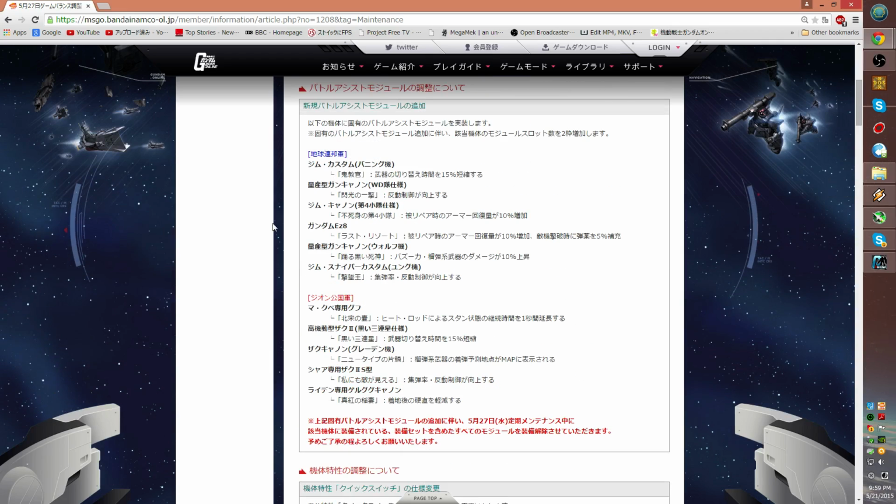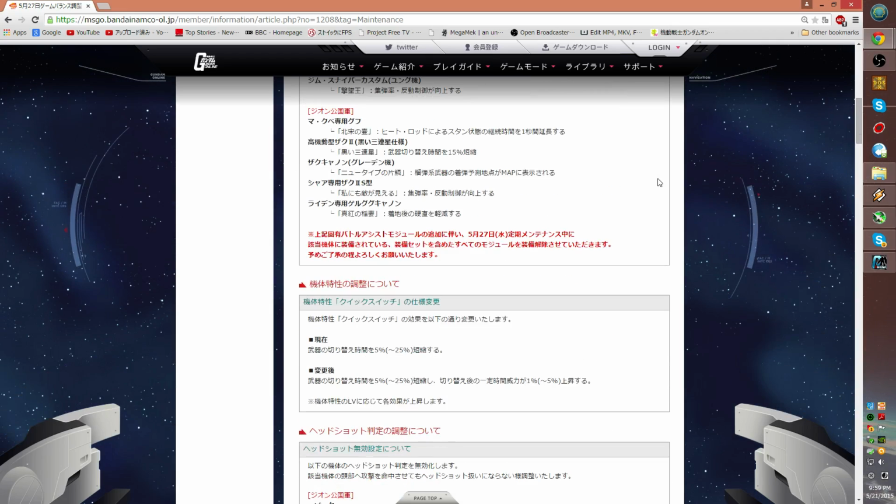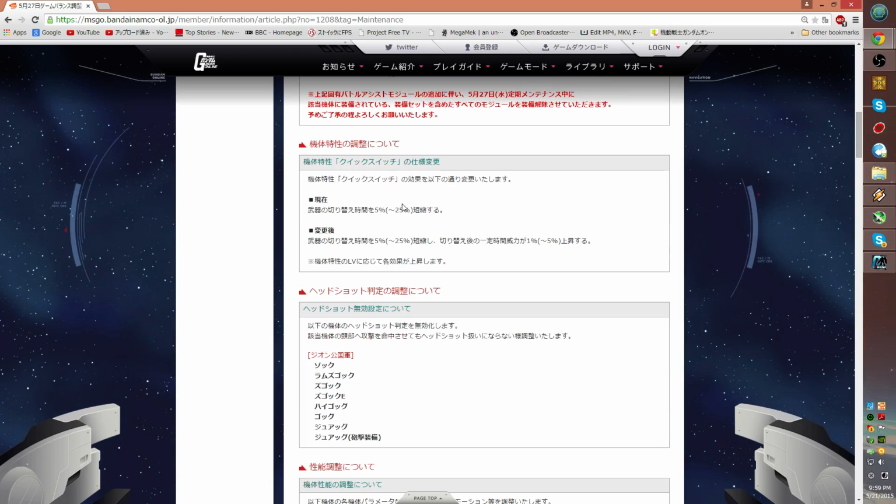Last time we talked about these unique modules that they're adding on the 27th. Now we're going to be talking about the changes that they're going to make to the quick switch trait that some suits get. Alright, well, simply put...